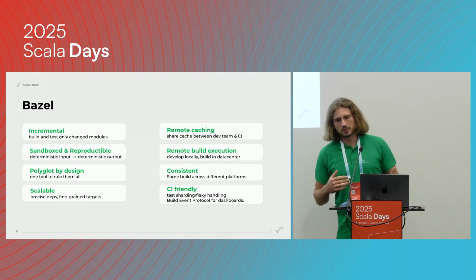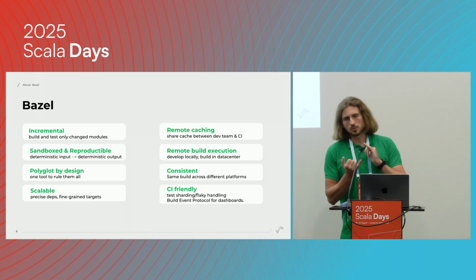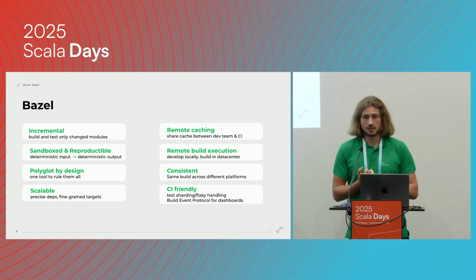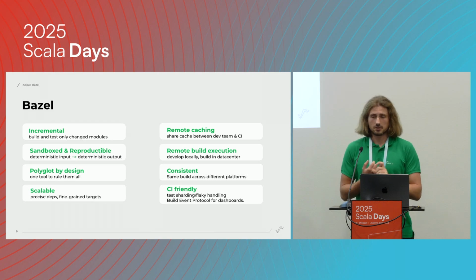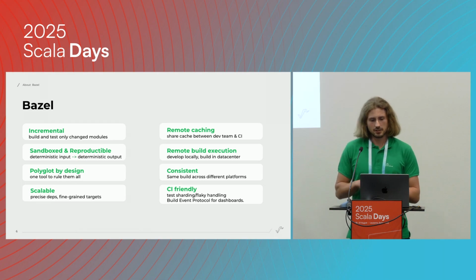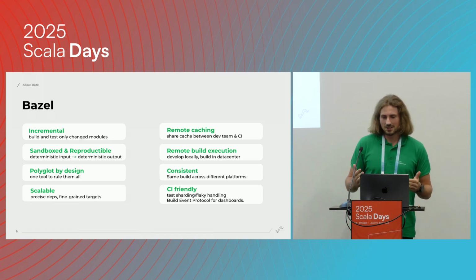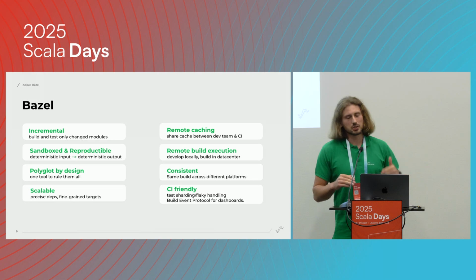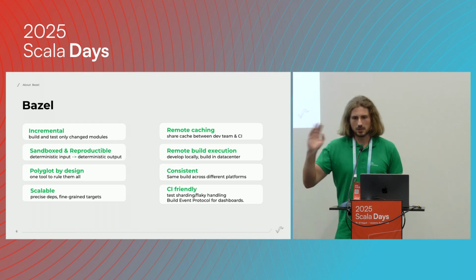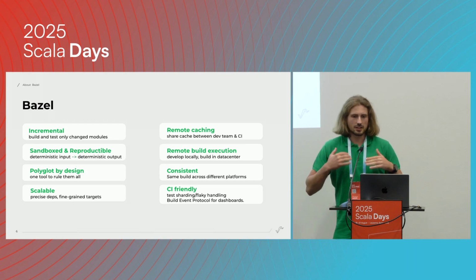It has deterministic inputs and deterministic outputs. Everything that you build is sandboxed. You, for example, don't have access to the ordinary file system, so no random access to files. You need to explicitly enable it and say, for example, which files can be used. And you can have some limited access to the internet as well during the build. This is to ensure that your build is reproducible. So we can, for example, use the same build configuration, and if you build C and C++, you can run it on a Linux machine, macOS machine, or Windows machine. It still should work, or it should at least be configurable to the point where it can be